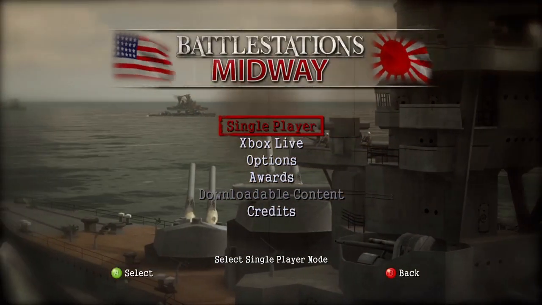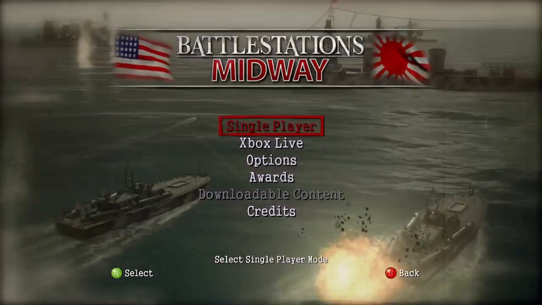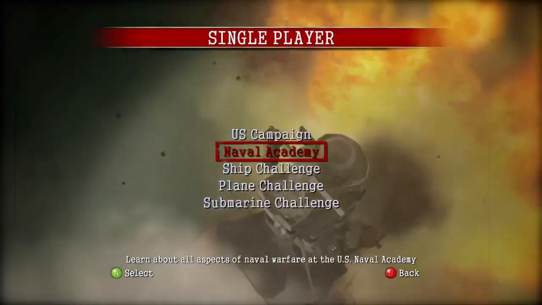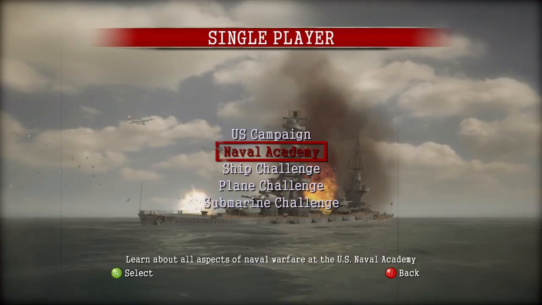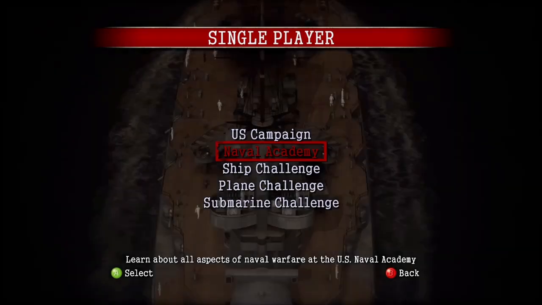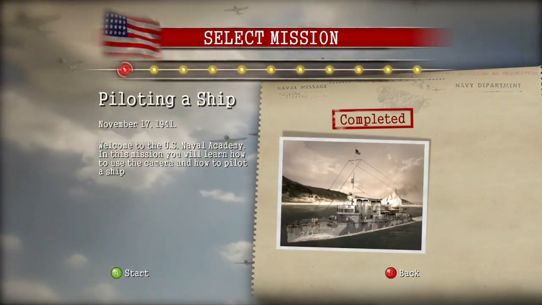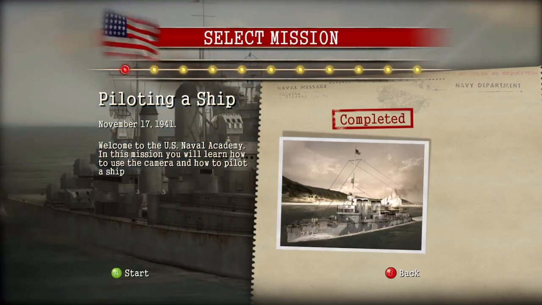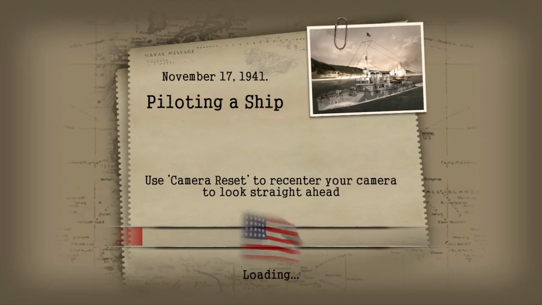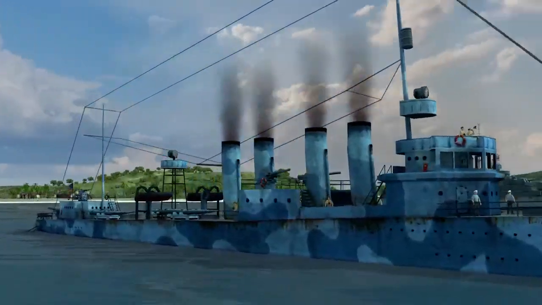Since this is an old game, I've already completed it, but it was a long time ago since I played this. So, yeah, guys, let's do it. We're just gonna be doing the training, so the Naval Academy, and then we'll move on to the campaign. All right, so learn about all aspects of naval warfare at U.S. Naval Academy. Okay, guys, these trainings are kind of quick, so I'm just gonna knock it out all in one video. And the graphics aren't that good, obviously, because it's...